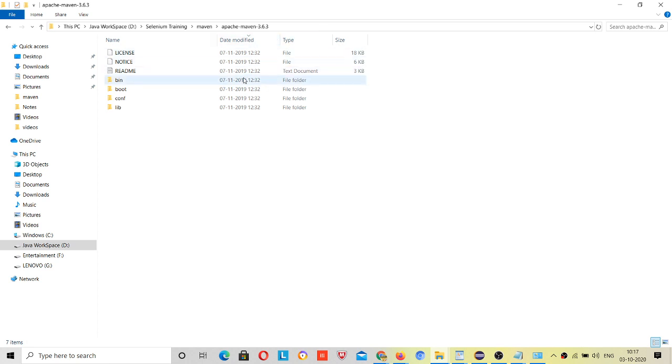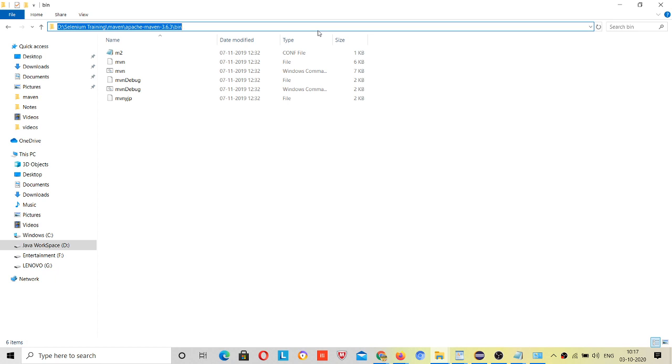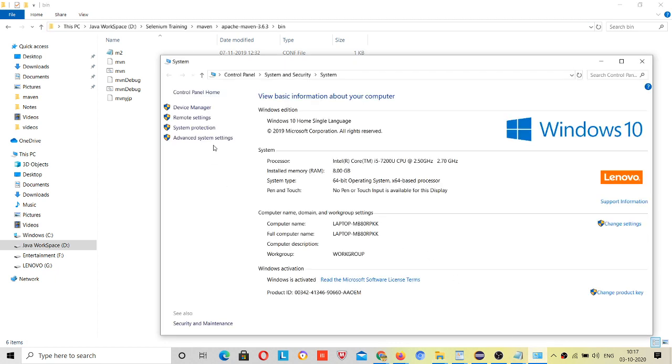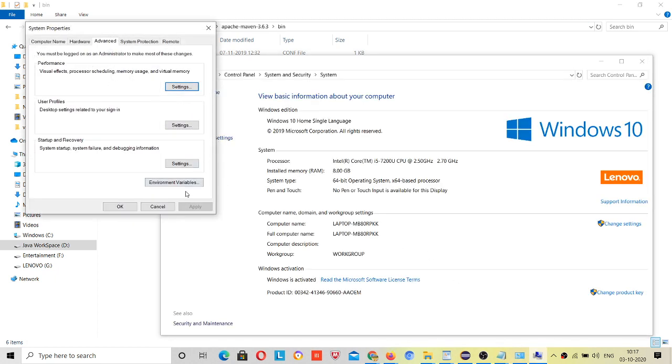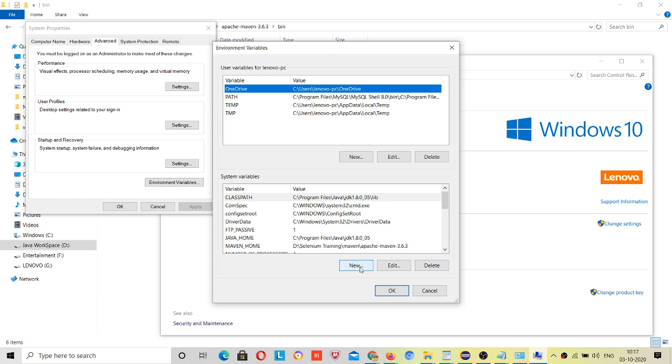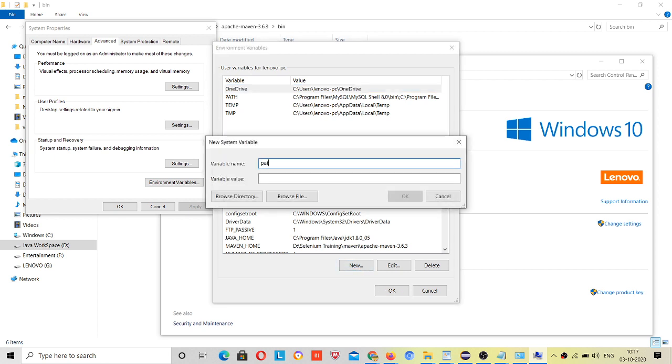Now click on this bin, right, and copy this. Then come here, click on Advanced system settings, Environment Variables, and this New, and type PATH in caps and paste it, okay. Then click on OK, right.